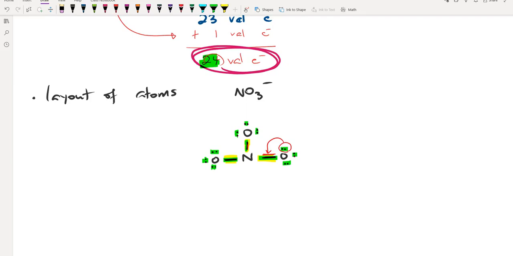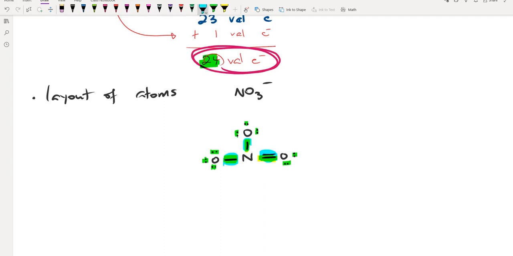So I'm going to get rid of those 2 electrons because I just moved them. And now my nitrogen is happy because it's got those 4 electrons that are being shared here in that double bond, plus 2, that's 6, plus another 2, that's 8. And I still have the 8 electrons around this oxygen on this side, right? So we have our 24 valence electrons in our Lewis structure